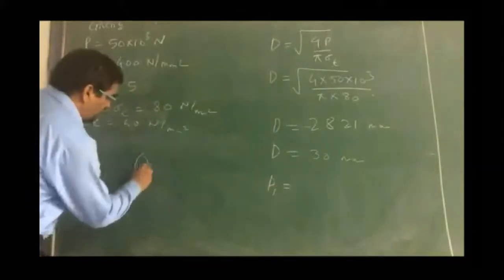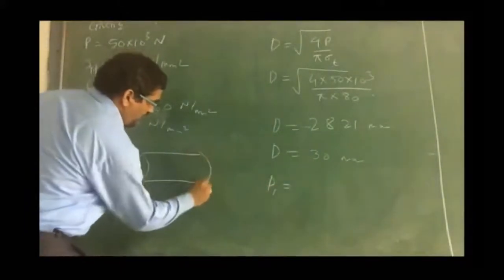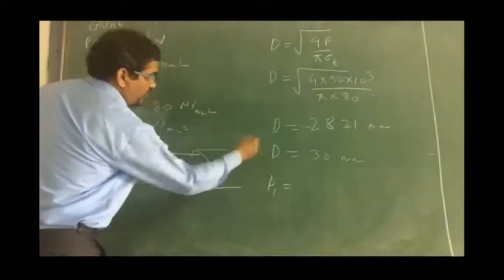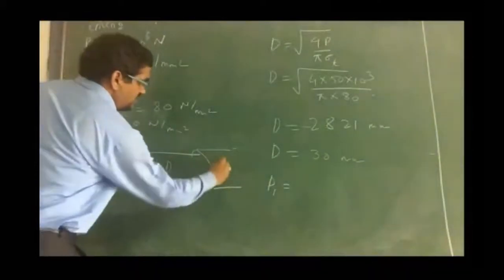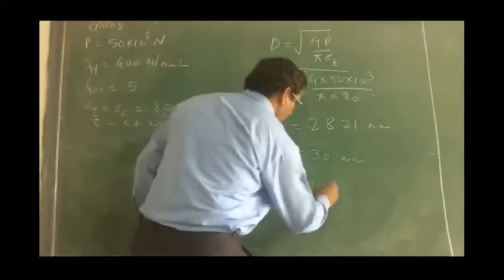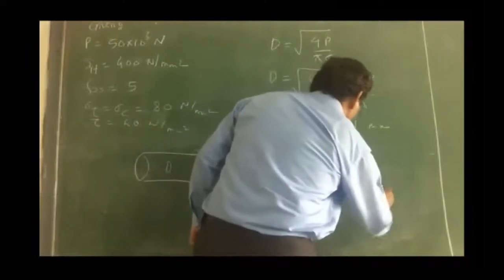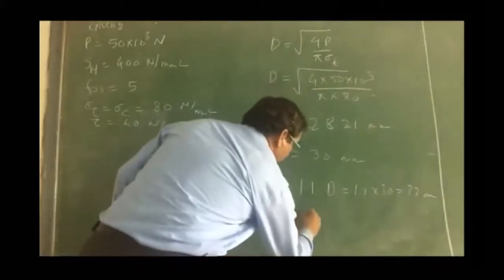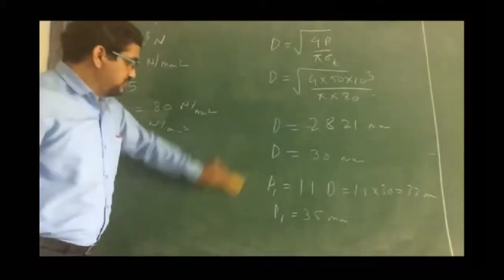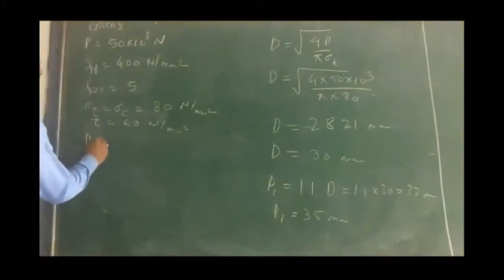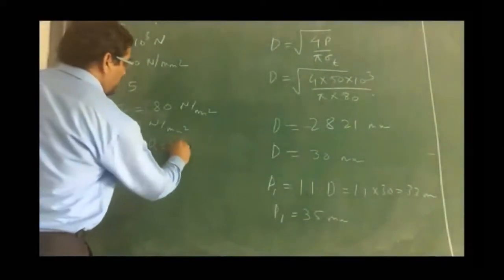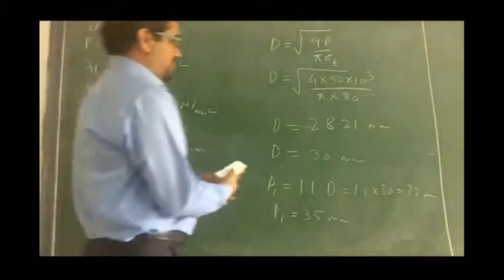Now this is the rod, right? Wherever it is joined, we have a little bit more dimensions. The diameter will be a little bit more than that, and then there will be a joint in front of that. So this is D, this is D1. This D1 is 1.1 of D. So it is 1.1 of 30, which is 33 mm. So we'll take D1 as 35 mm. So we got two dimensions: diameter of the rod and enlarged diameter of the rod. D is equal to 30 mm and D1 is equal to 35 mm.